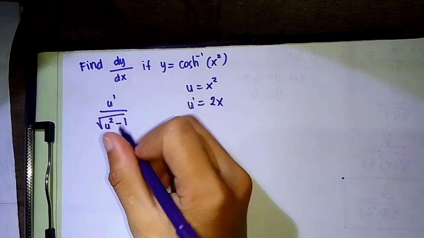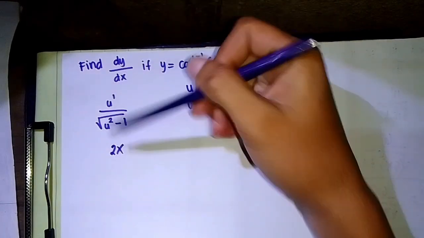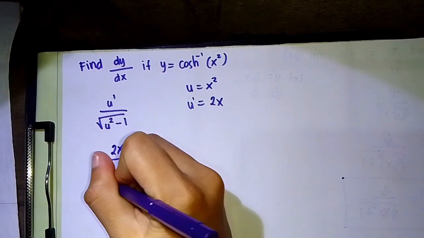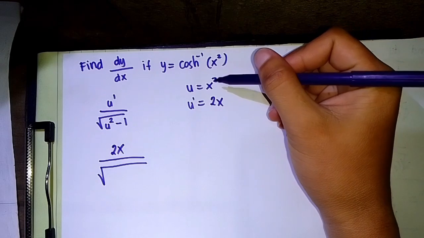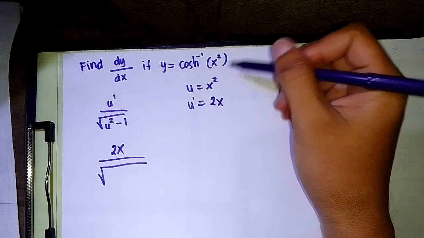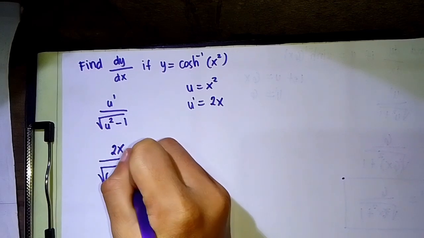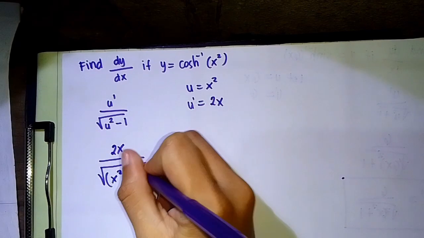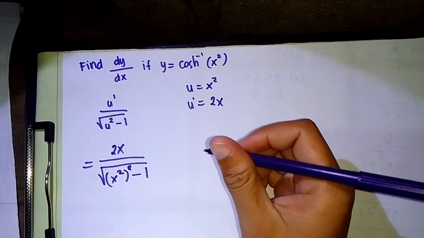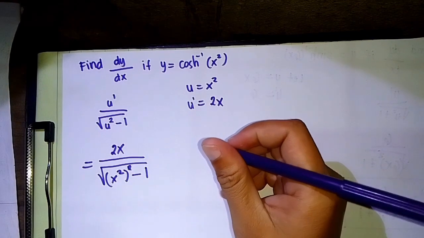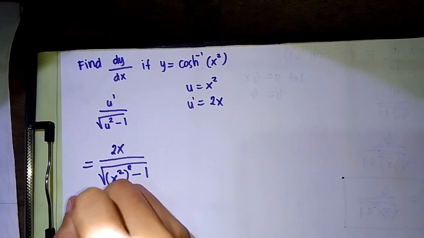So it's going to be 2x, which is our u prime, 2x over the square root of u squared rather, which is x squared raised to 2 minus 1. So it's gonna be y prime is equals